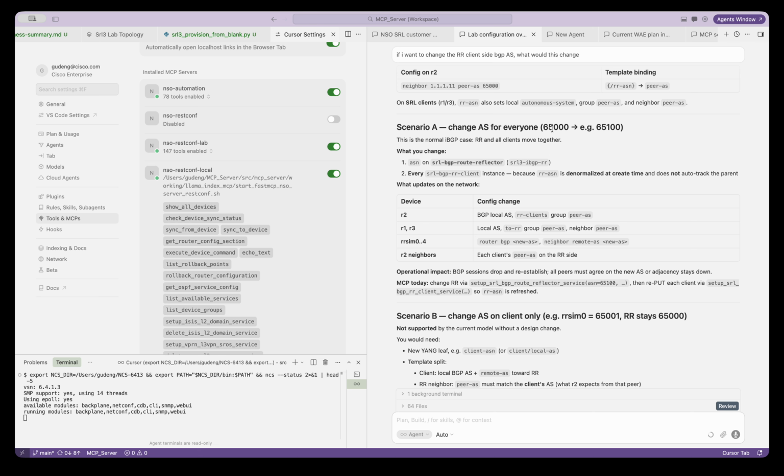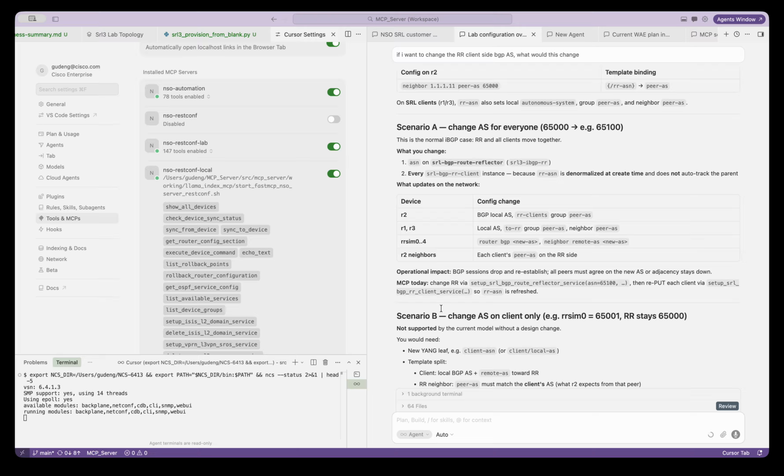If you change 65000 to another number, and there are also no design changes, since it's IBGP, that doesn't need to change the service model. So then it's probably easy: you just need to change the ASN, and that will do.